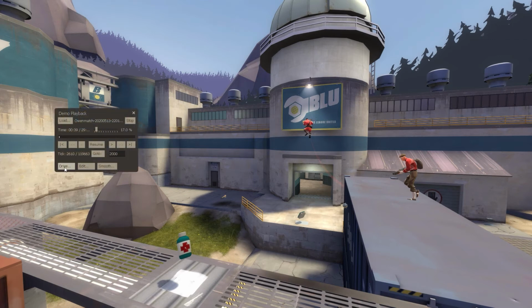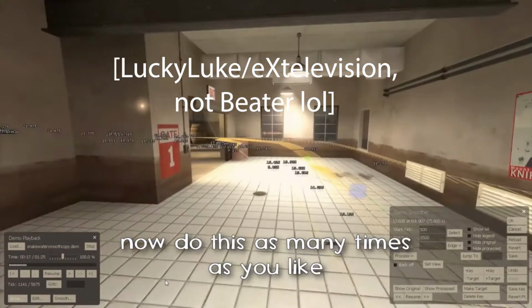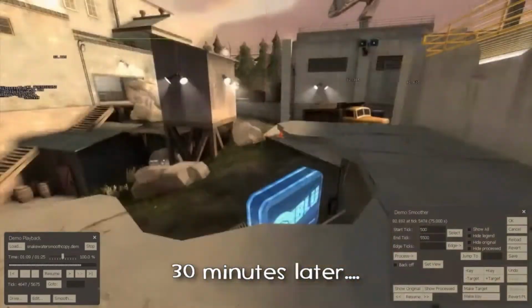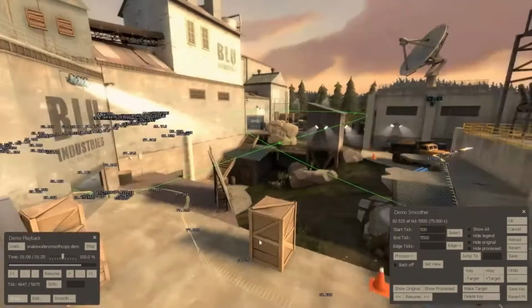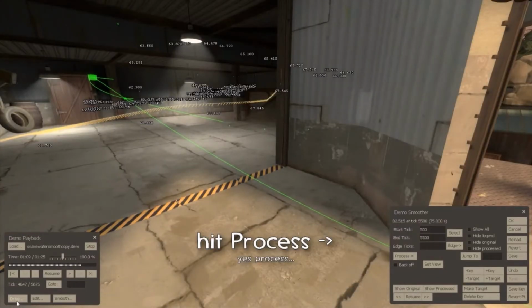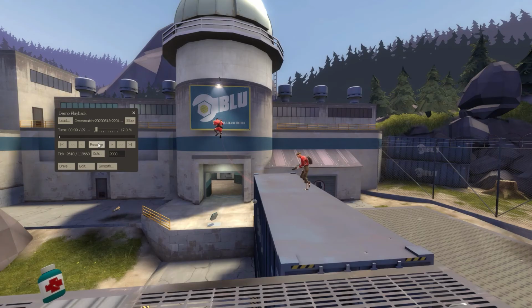There's actually an in-game way of doing this, which I think Beater went over in a really old video that really visualizes kind of how it works. So I'll throw that up here for a sec, but it was really work intensive. You had to hit drive and open another like window. HLAE is just a far superior way of doing it,